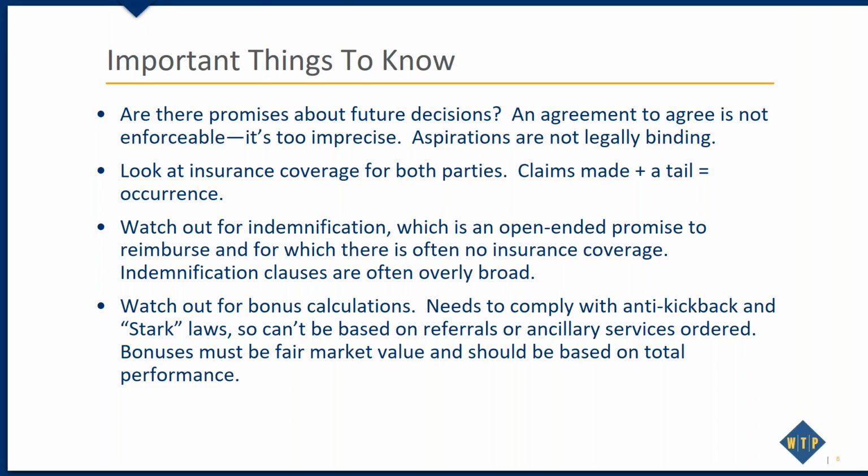So you have to look, and again, this is where a broker can be very helpful, but you have to look at whether you've got some kind of a post-occurrence coverage, and that's typically called tail coverage. So claims made plus a tail equals occurrence coverage. This little equation that I came up with helps me remember what the two types are, because claims made just focus on the claim,